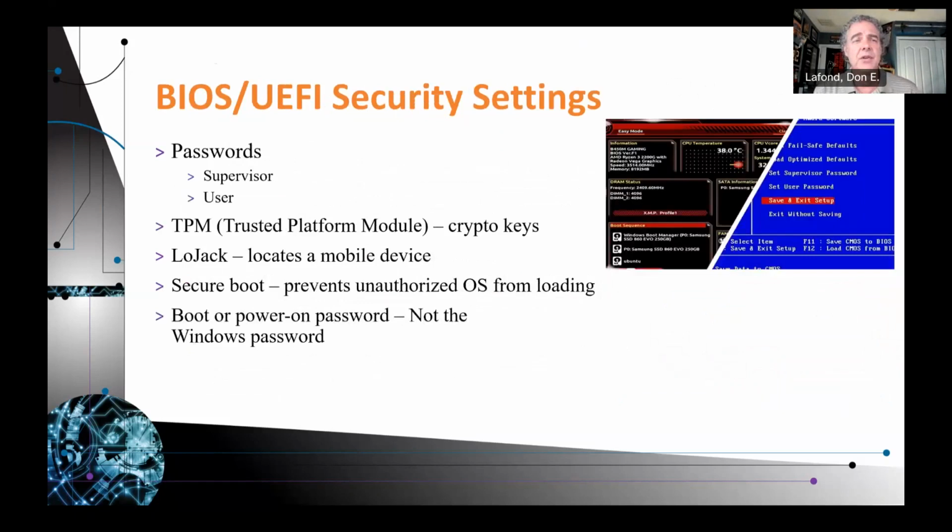In the BIOS security settings, you can set a password at several different layers. You can set it for when you get to the Windows operating system, but you can also set a password on boot and power on. Not the Windows password, but when you first turn on your computer, you have to have a password. You can also have a password set for admin, meaning that only the admins are able to change anything on that operating system. And you can also set a password that you have to have before you can even turn on the equipment.